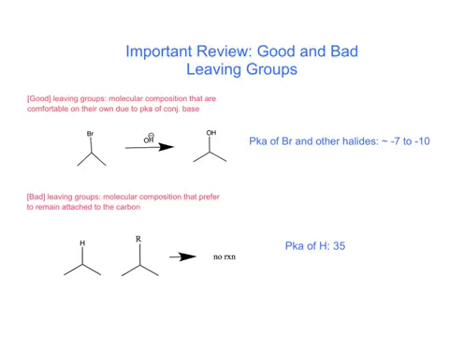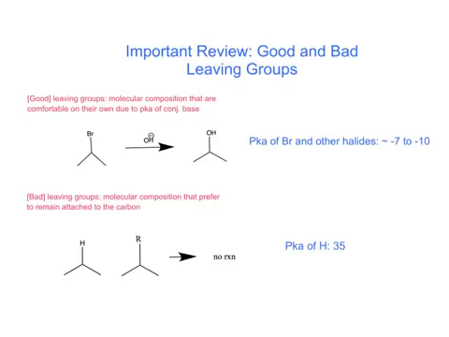To understand why nucleophilic addition and nucleophilic acyl substitution are different, we must first have some very important review that deals with good and bad leaving groups. Good leaving groups are molecular compositions that are comfortable on their own due to the pKa of the conjugate base. You will notice that Br is a good leaving group because it has a low pKa,